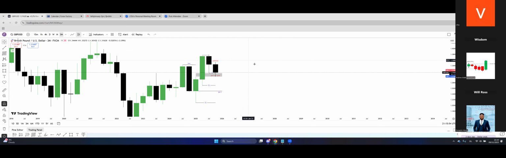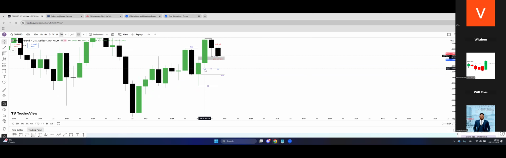Correct. I don't need to know which high you are talking about, but that is very correct. We have two choices from this point of interest, or this inefficiency. Either the market wants to seek lower liquidity by trading lower, or the market wants to move from here to seek higher liquidity. That's the only two choices we have right now. It's simple, just keep it simple that way. Because you can clearly see the low of this candle is liquidity, and of course the low of this candle is liquidity, which is the swing low, right?